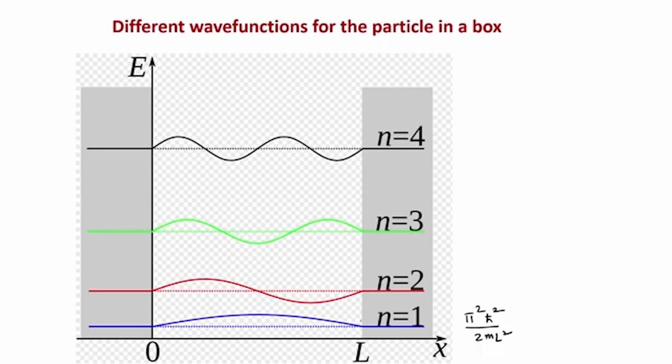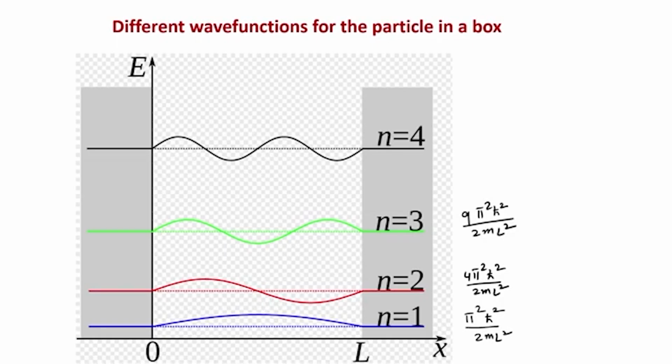This has only nodes at the two edges at 0 and at x equal to L. Then the red one, which has energy 4 pi square h cross square by 2 m L square, because n equal to 2. So, it goes as n square, which is 4, and then there is 9 pi square h cross square by 2 m L square. Now, you see the red one, that is n equal to 2, has 2 nodes at